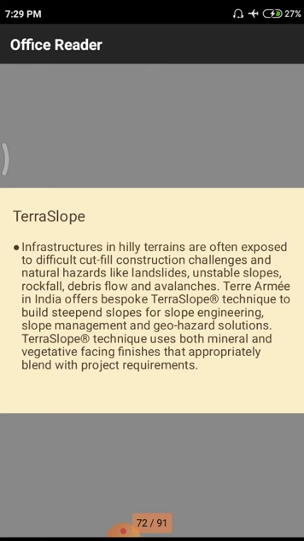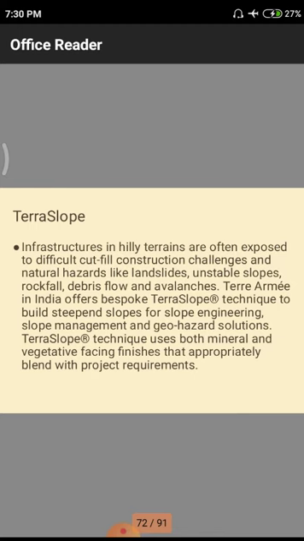Why? Because those are constructed on sloping areas. To prevent those kinds of effects, they go for these Terraslope structures by maintaining some quantities of slope stabilization, gabions and other things. And slope engineering also they are studying. Why? Because if there are no proper slope stabilization techniques, automatically the total structure has to face huge loss.